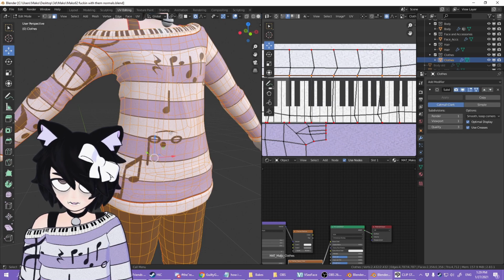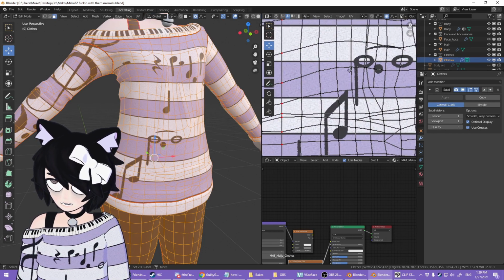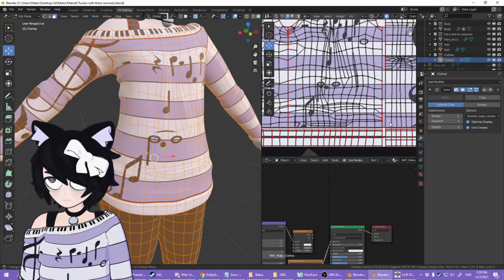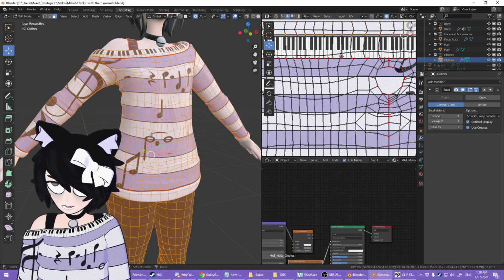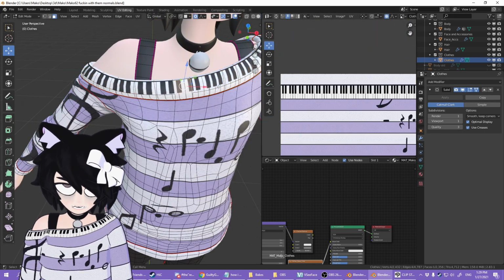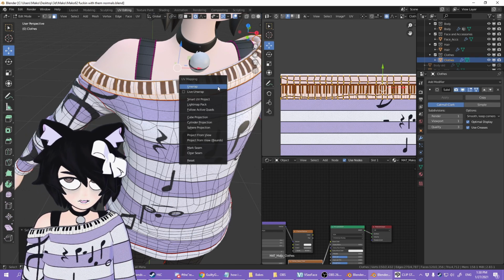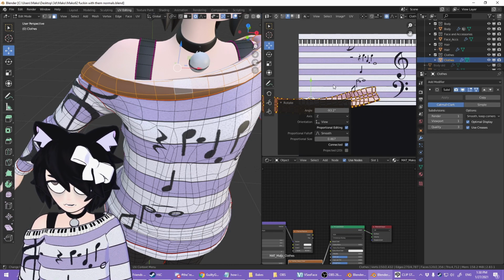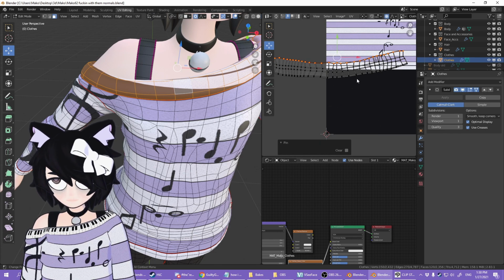I believe I ended up doing that a lot for the shirt here. You can see these lines are not at all uniform, only around the edges. So I would pin these important edges in place and re-unwrap the shirt. For this, however, what we may want to do, or what we may have to do, and I don't even remember what I did, but I'm assuming this was probably it, is instead of using UV squares, just pin it like this.